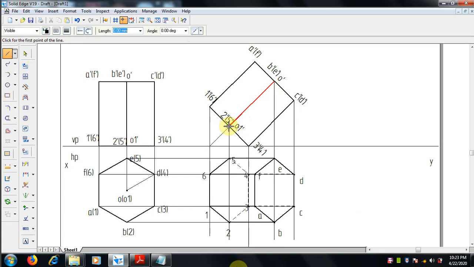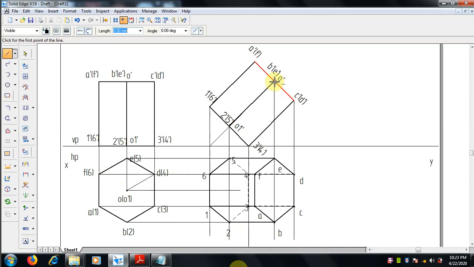Okay, next O, center axis we have to draw the line. Here we have to extend this, already extended. We can draw the line and from here draw where it meets.